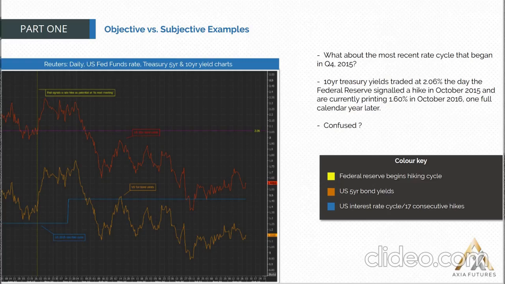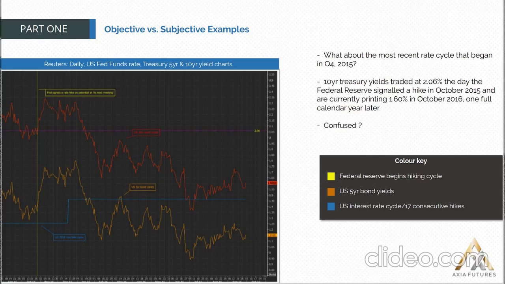Currently, as of October 2016, we can see yields are at 1.6%, almost one full calendar year later. So what does this tell us? Well, it tells us that, yes, in theory, history does give us good ideas. It does give us a sense of subjectivity. However, had we relied on that subjectivity again in this instance, just like the Greenspan conundrum, we would have lost money again. Note how the market sold off quite aggressively this year, or in 2016, ever since the Federal Reserve